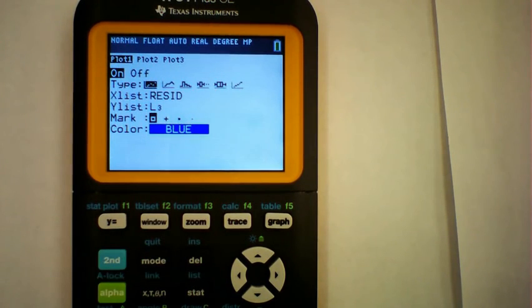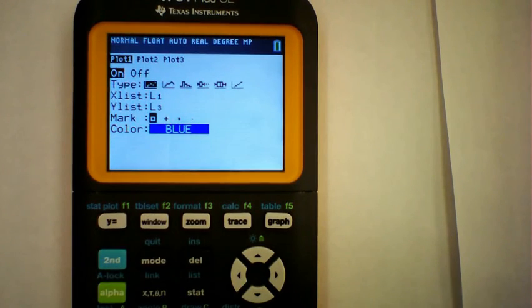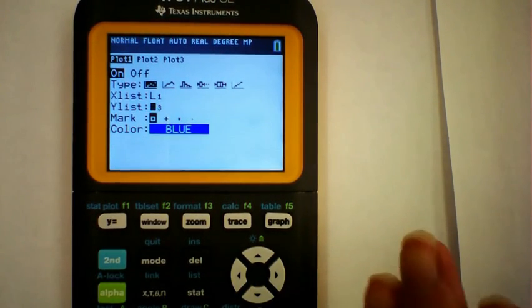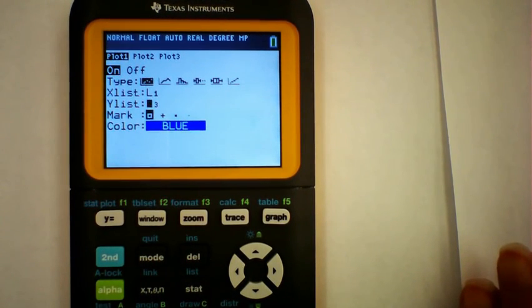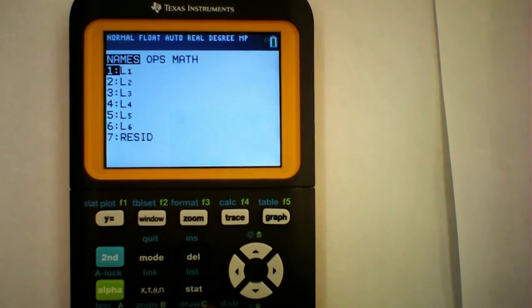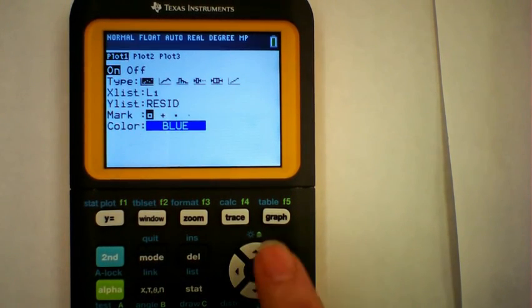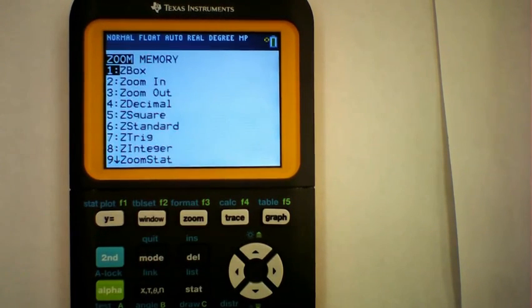We actually used the L1, so that makes it a little easier because we had run L3 versus L1, because x was in L1, y was in L3, which was the cubic root of the weight. Anyway, so let's bring in the residuals. So much easier like this. I didn't even have to write the equation into anything. Zoom 9, and